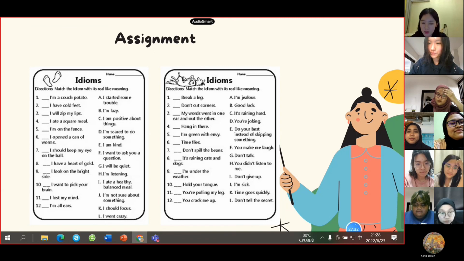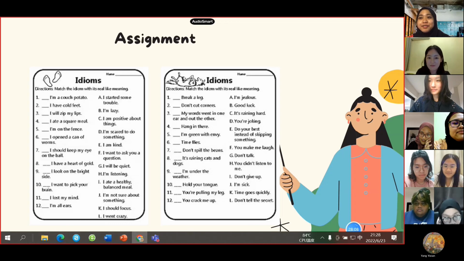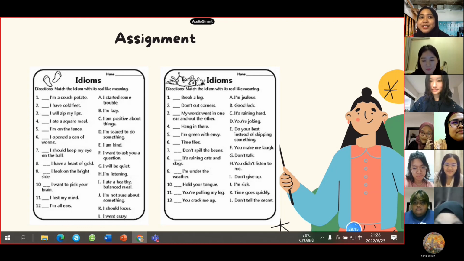We need to learn more idioms so that we can make our conversation and expression simpler for foreigners. How about Shazrina? What did you learn from today's lesson? I learned a few idioms that I didn't know before, and I get to know what they mean, and I get to know what I can do to make my vacations go smoothly.